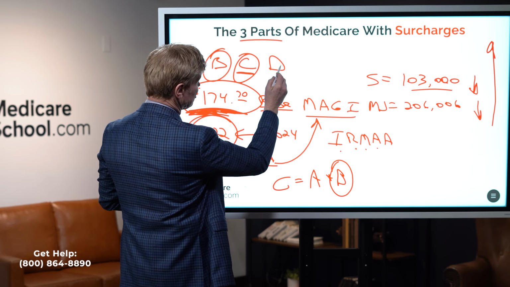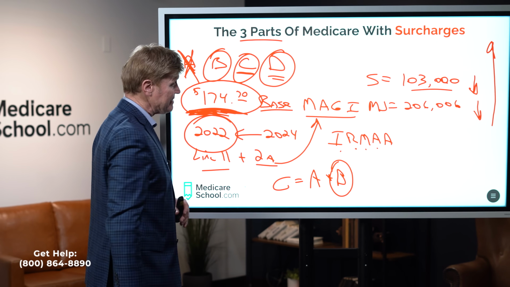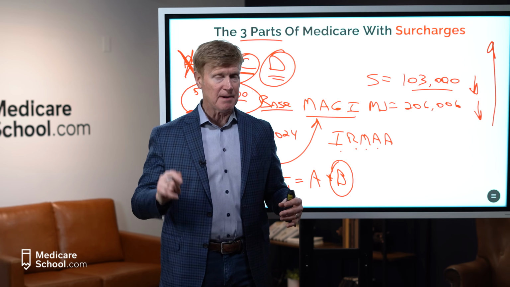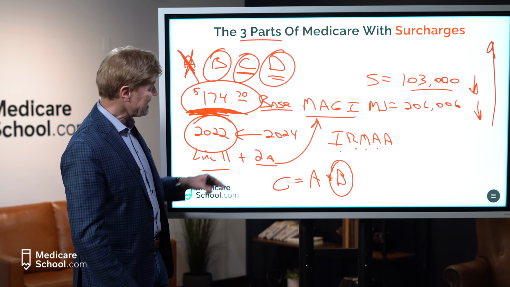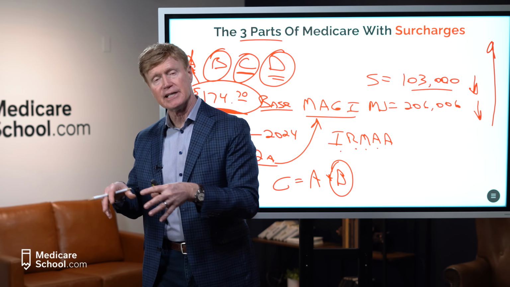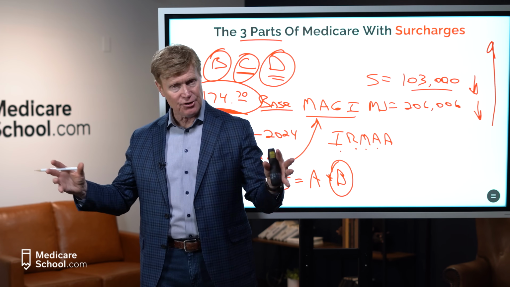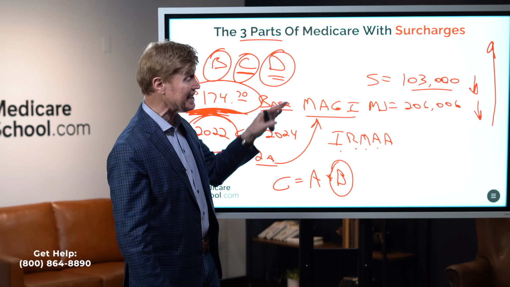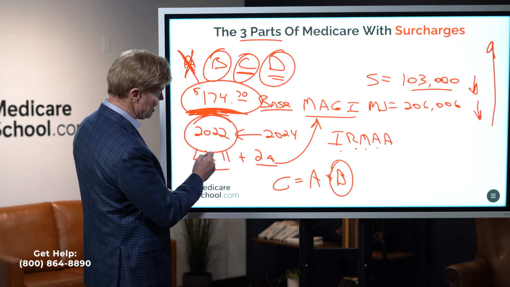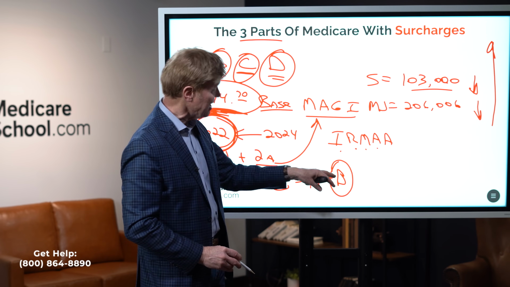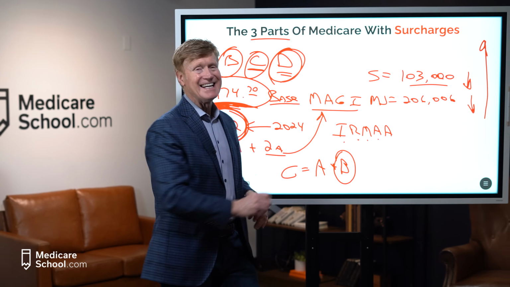So C has IRMAAs and D also has an IRMAA. The D IRMAAs are much less, but if I enroll in a drug plan, remember I can get a drug plan 2 ways. I can get a drug plan either standalone, separate, or it can be integrated within my Advantage plan. Either way, I'm going to have that D IRMAA, and I'm going to show you a chart on these in just a minute. Again, it's based upon that same number looking back at 2022 income. So anyone that has a B IRMAA is always going to also have a D IRMAA.